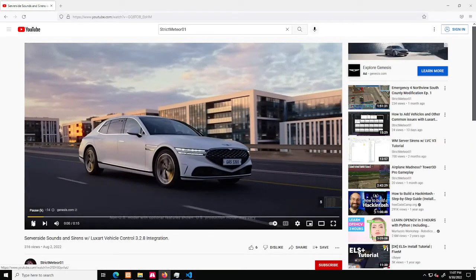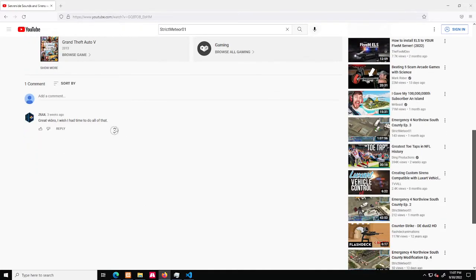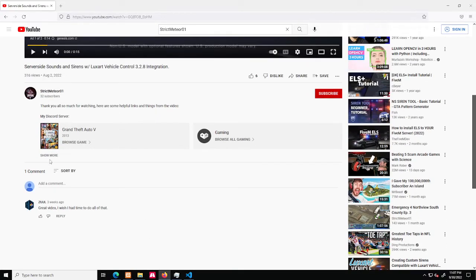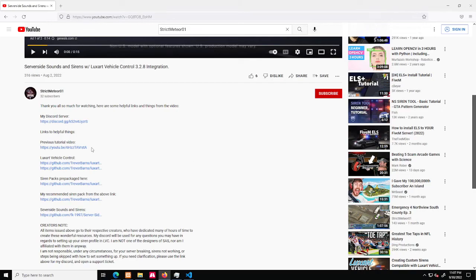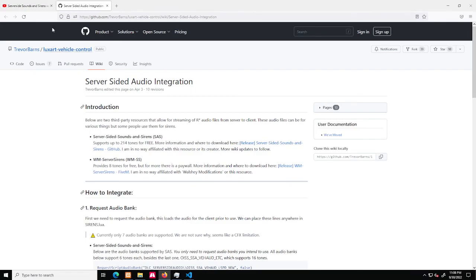With that being said, I'm going to pause that because I'm on my box. Previous tutorial links, Luxart vehicle control links, which takes you to the very, very handy tutorial page on how to integrate